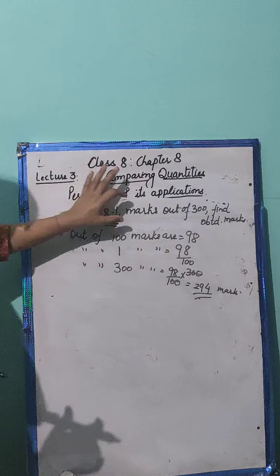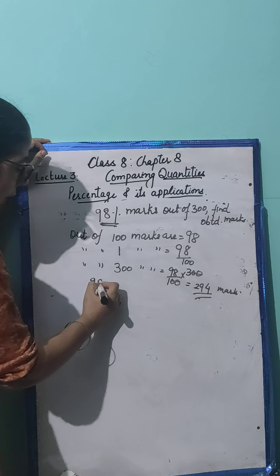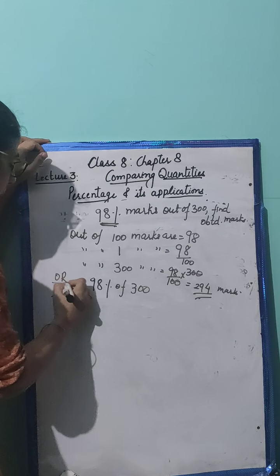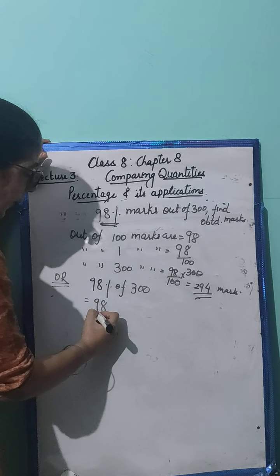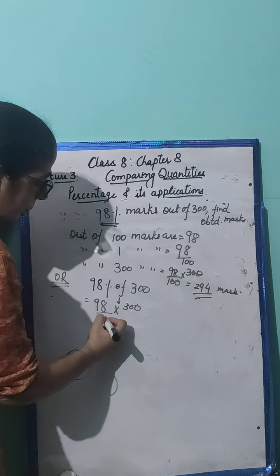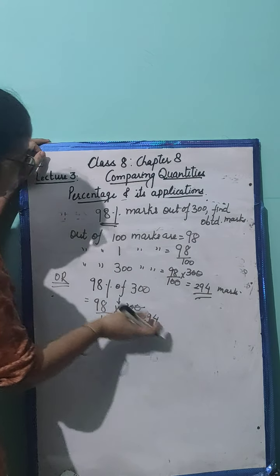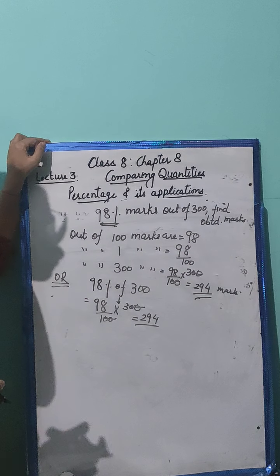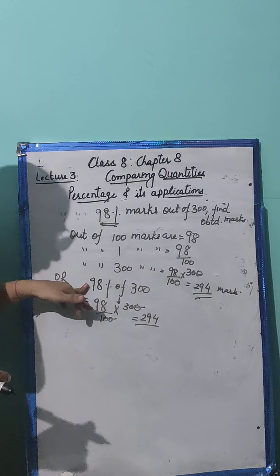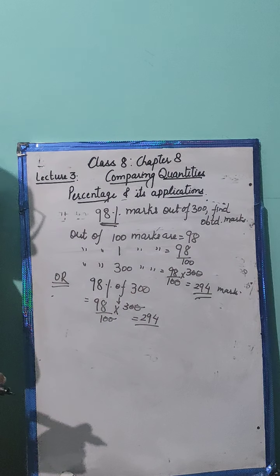और इसी क्वेश्चन को करने का एक और मेथड भी है. 98% marks out of 300, 98% of 300. कैसे करें? 98% हटाया तो अपॉन में 100. ऑफ का मतलब मल्टीप्लाई 300. तो यहाँ एक ही स्टेप में काम हो गया. तो ये भी हमें समझ आ गया. जो मेथड आपको अच्छा लगे हम उससे कर सकते हैं. तो ये परसेंटेज का प्रैक्टिकल एप्लीकेशन मेथड है. ये तो हमने यूनिटरी मेथड से करके देखा. सो बोथ आर इक्विवेलेंट मेथड्स. हैव यू अंडरस्टूड?